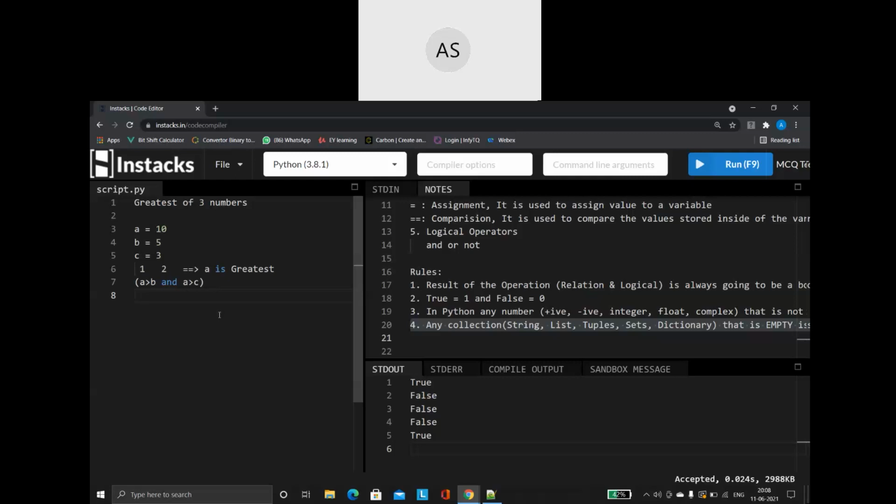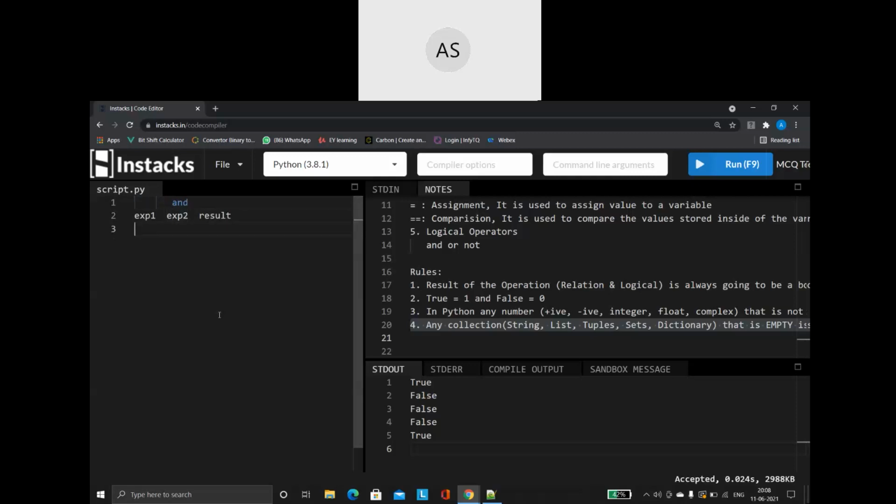Okay, so now let us understand how these operators will be working. First, let us talk about the AND operator. For combining, I need at least two expressions. So based on two expressions, let us write a table. We call this table a truth table. This is expression 1, this is expression 2, and this is my result. We are writing this table for AND, the first operator we are going to analyze.